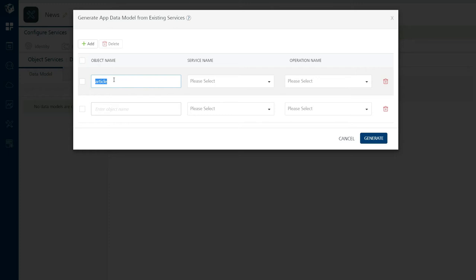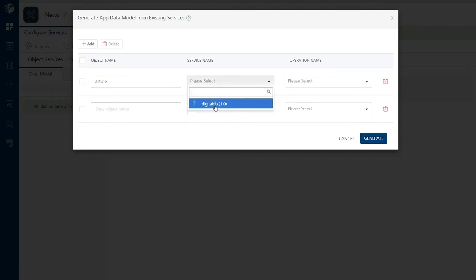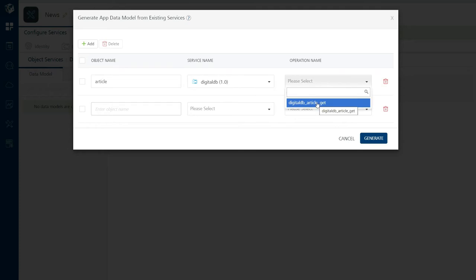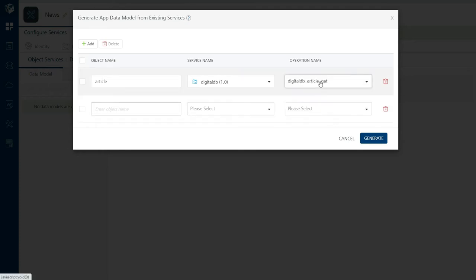Let's see how these attributes of this object article will get generated when we generate this article object by making use of the integration service that we have as part of this Fabric app. I am selecting the integration service that I want to use while generating this article object, and I am selecting the operation that I want to use. Generally, we will select the get operations when generating the object models.